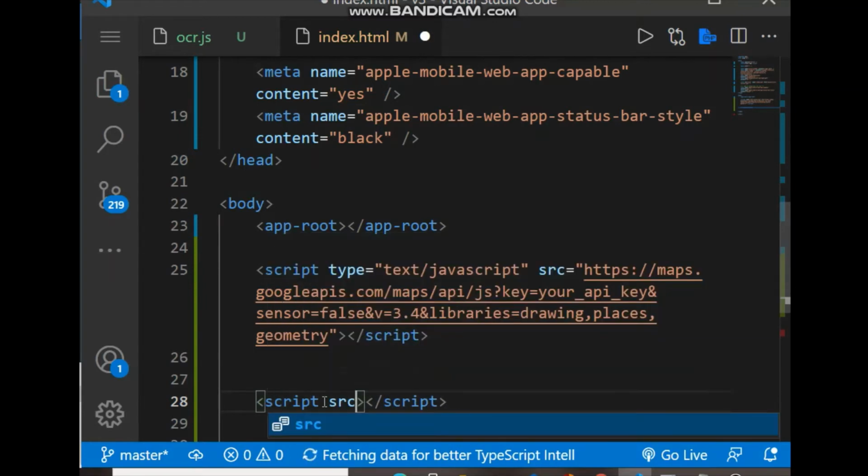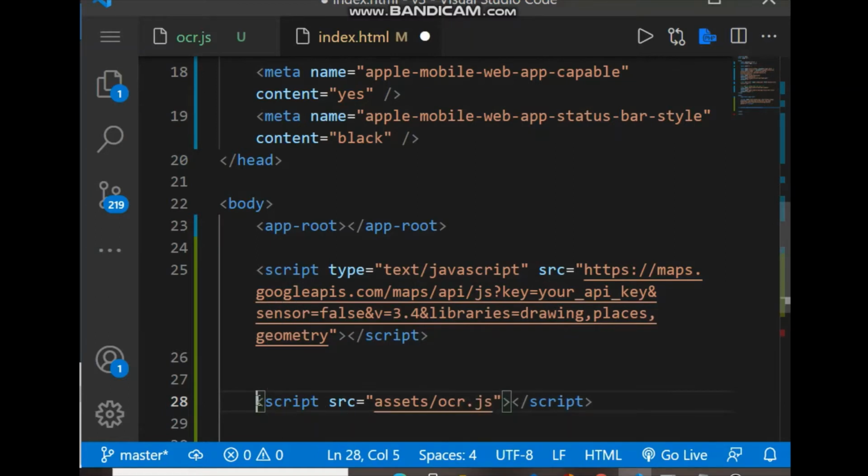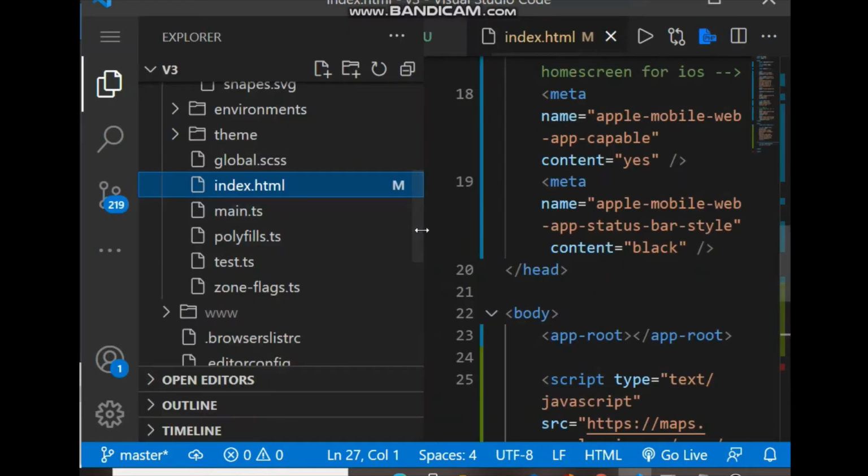So src will be assets/ocr.js. So importing of the library is done in our local code. So let's utilize that function to retrieve the text from the image.